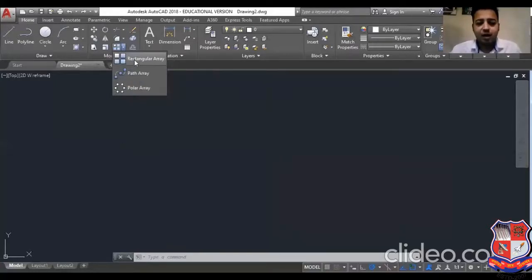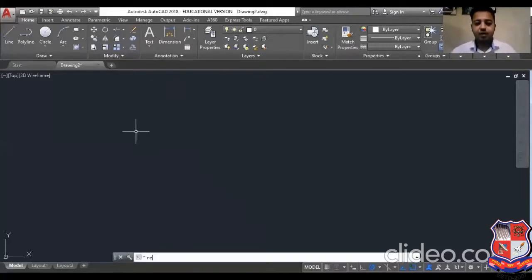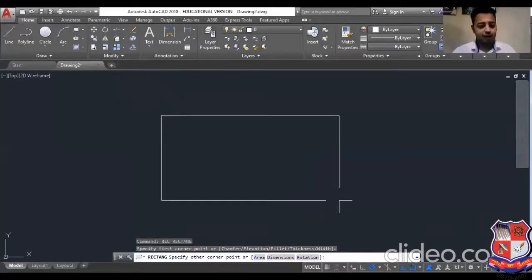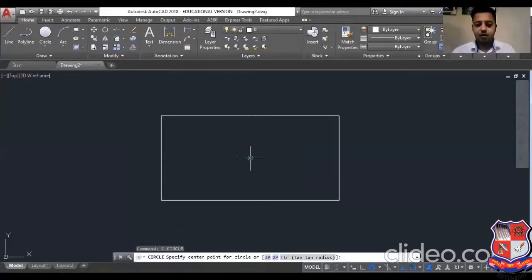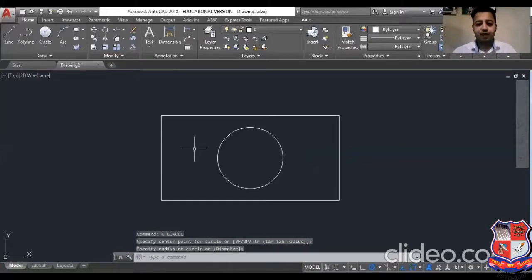Rectangular array. First of all, I will create one rectangle. REC, enter. Now here I will draw one rectangle, and one circle in between, at the center of the rectangle.